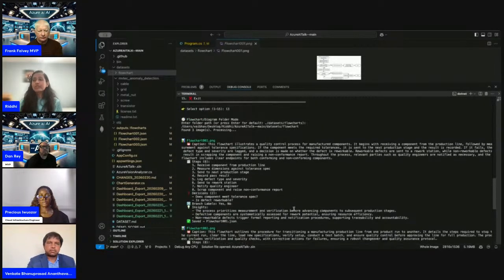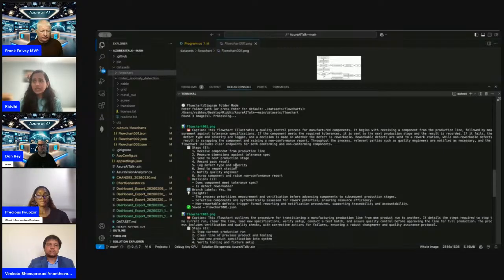So all three of the flowcharts are fragmented. On the console terminal over here, the result that we see is from the Azure OpenAI.